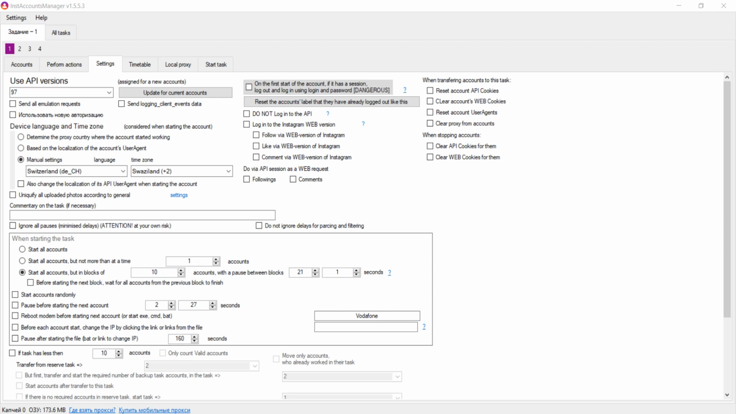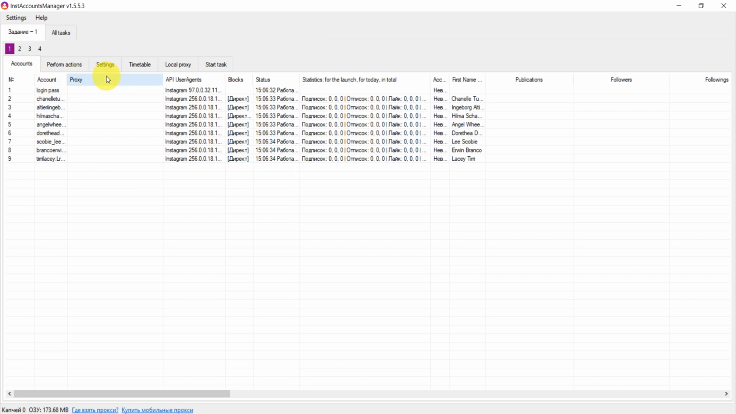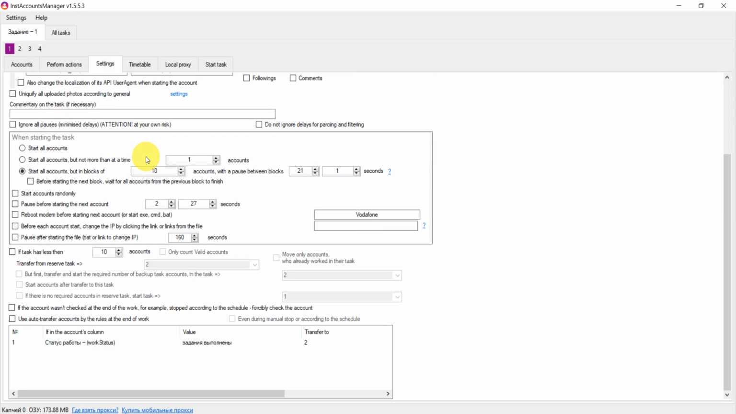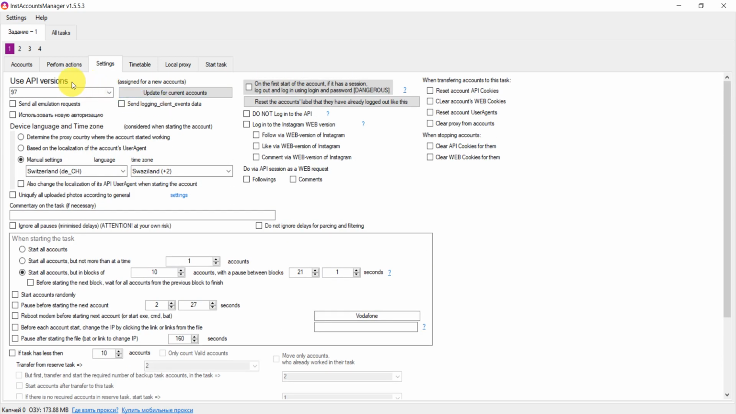This is an overview of the settings in the InstAccountsManager tab. These settings help you set the actions that accounts do, and other settings for your task number 1. These settings will be better for your accounts, so they can work better, and they help you get better results. Here we can see API versions, so you can choose there